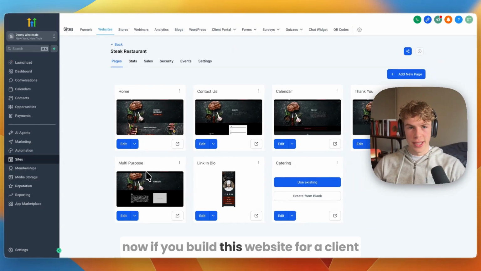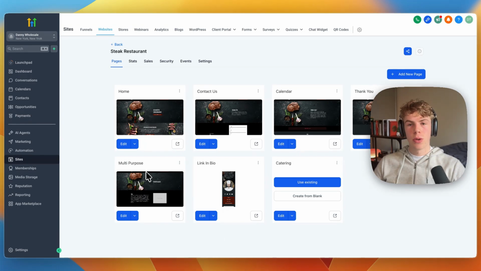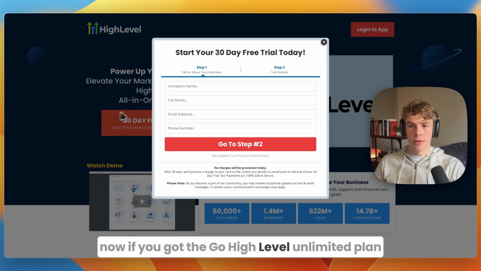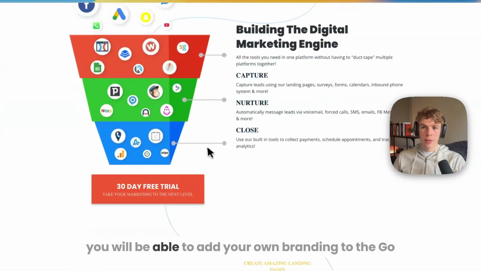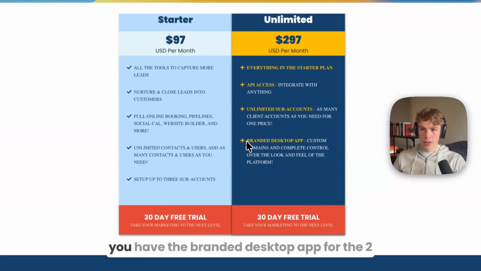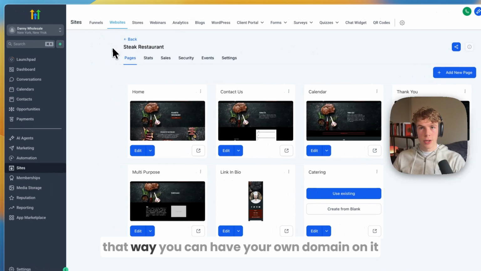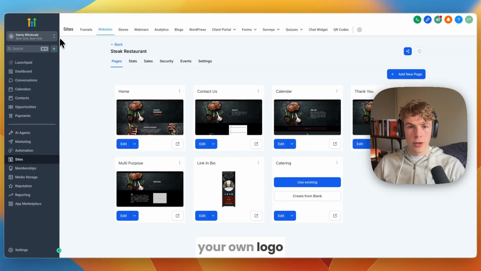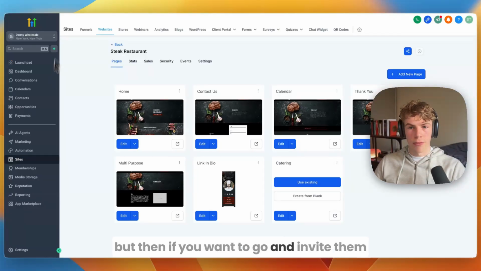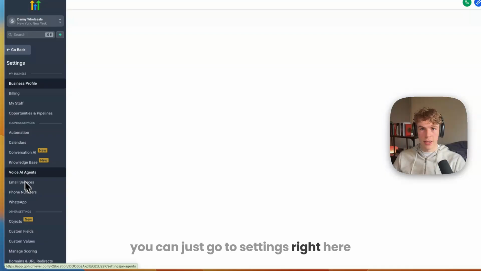Now, if you build this website for a client, then you will want to give them access to the GoHighLevel account. Now, if you got the GoHighLevel Unlimited plan, then you will be able to add your own branding to the GoHighLevel platform. So you can see right here, you have the branded desktop app for the $297 per month plan. That way you can have your own domain on it, your own logo, and it looks very professional for your agency. But then if you want to go and invite them, you can just go to settings right here,